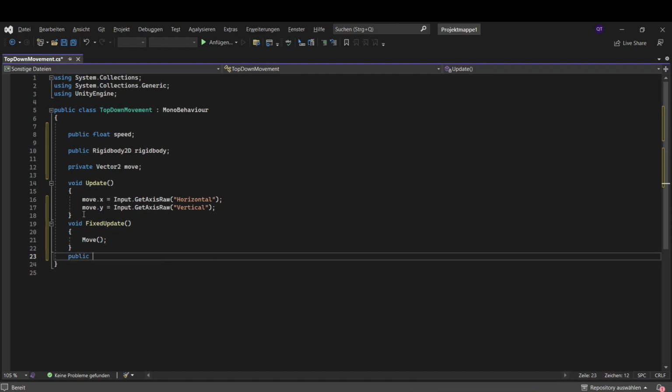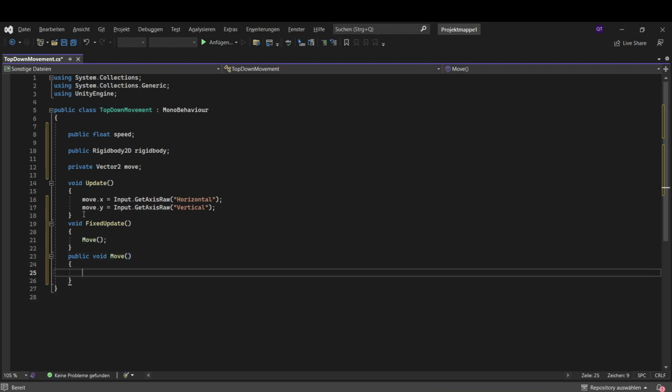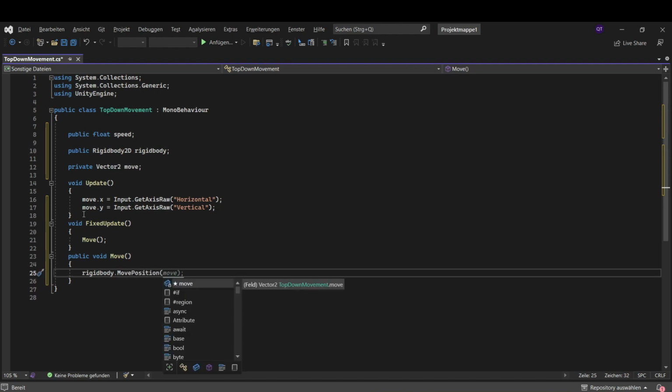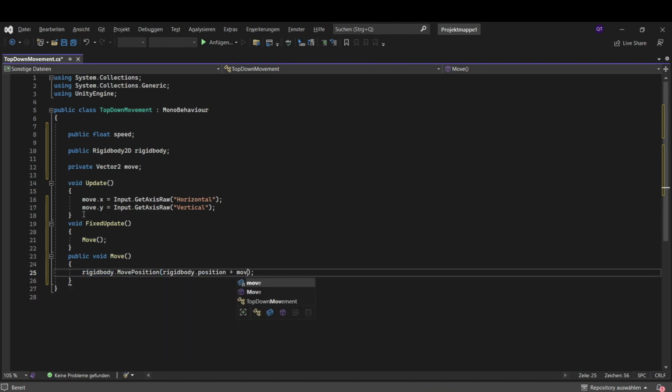Let's start making the function. So what we want to do is get the rigid body and MovePosition. So we want to move it to the position that it's at right now, and we want to add our movement. We can multiply it by our speed,